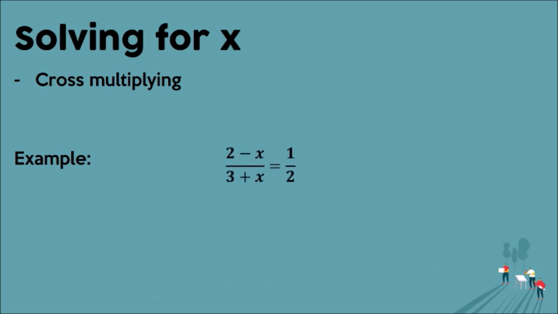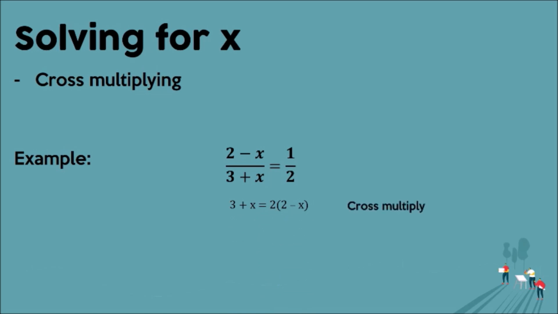Now let's take this as an example. 2 minus x over 3 plus x is equal to 1/2. Now let's solve for the value of x. Cross-multiplying is applicable because the problem only has one term on each side of the equation. Now let's cross-multiply. 3 plus x times 1 is 3 plus x, which is equal to 2 times 2 minus